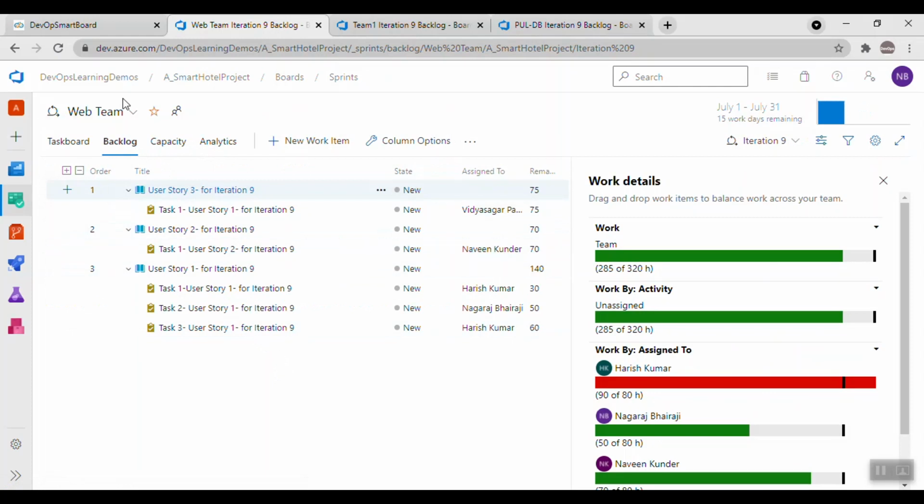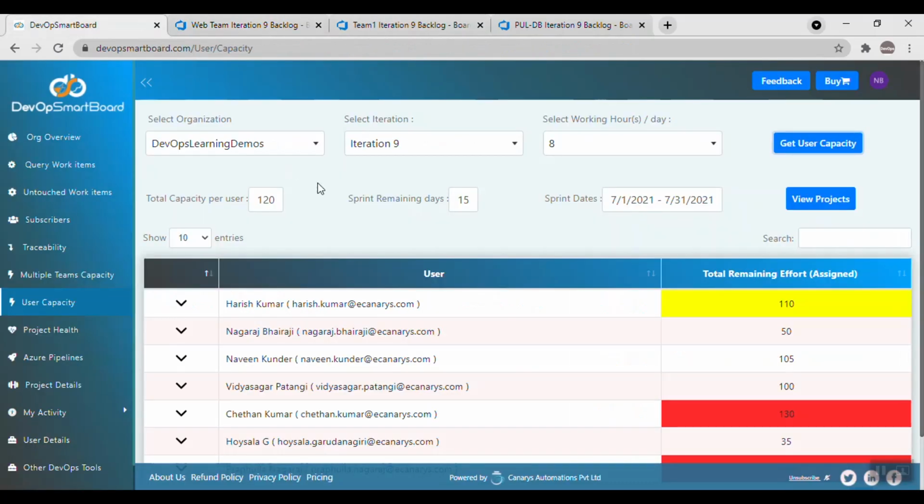Now if I have team members working across teams, in shared, distributed teams, or the resources are shared across different projects, it's difficult to consolidate the effort assigned in each of the teams or each of the team projects and see what the total work assigned for a user is. DevOps Smartboard gives that data.